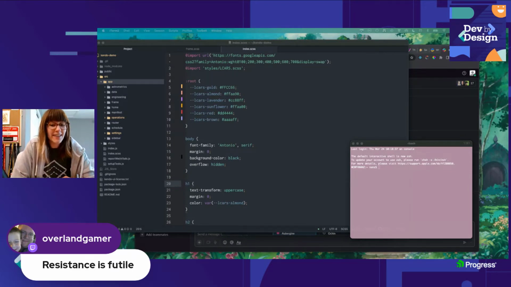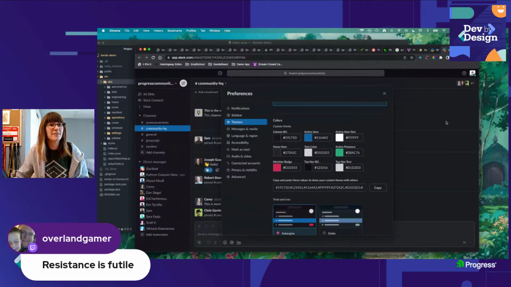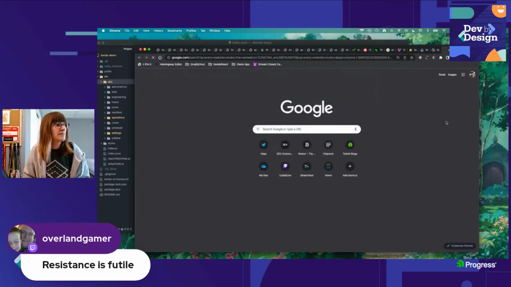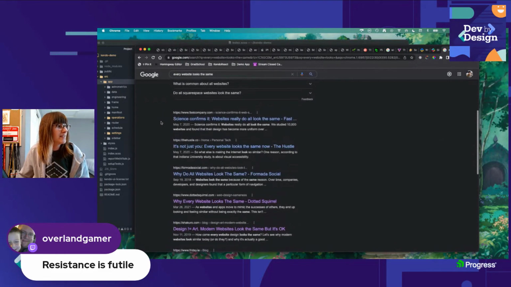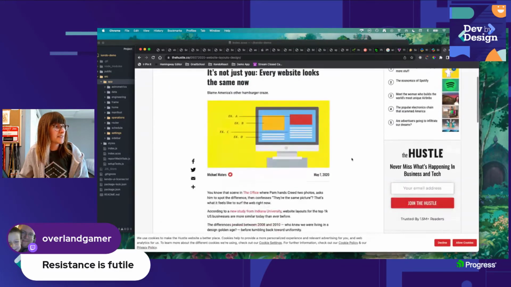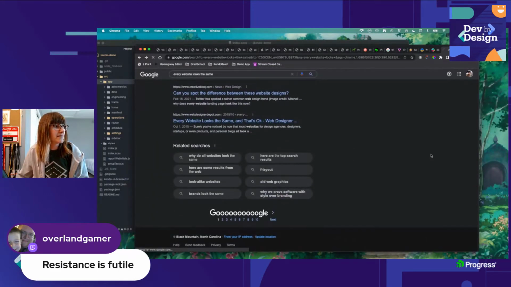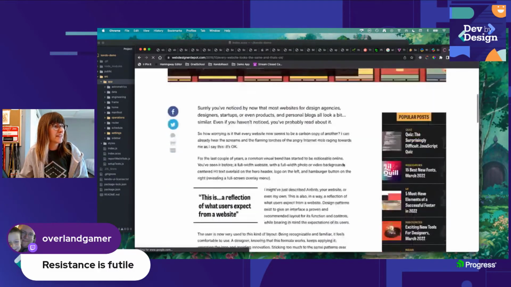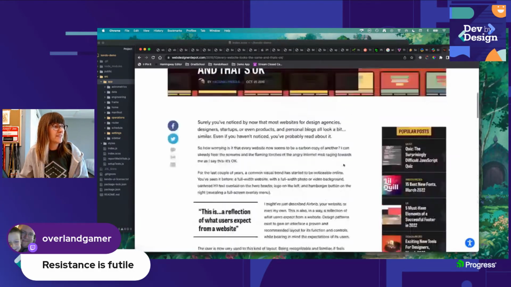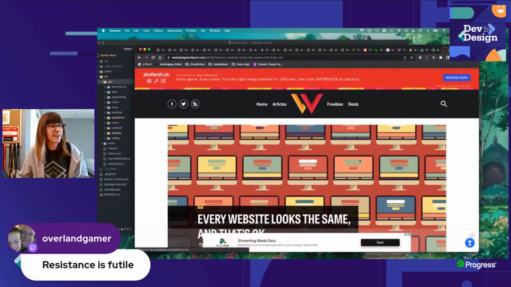That every website looks the same thing was happening for a long time, where you had the big header image and three little things. There was a website for a while that was doing that. Let me see if I can find it. There was a fake website that was like, every website looks like this. But yeah, I can't find it. If anyone else can find it, go for it. But anyway, the fact that I Googled this and there are this many hits is probably proof enough. But yeah, it's this general layout, right? The big header and the button over the major image, and then